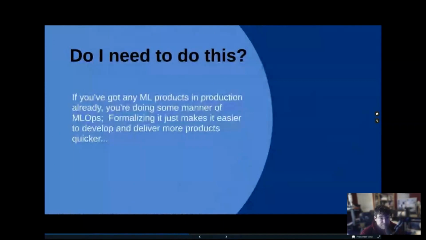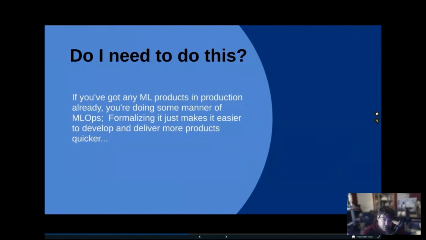Do you need to do this? Kind of answered that a little bit already, which is to say, if you've got any MLOps in production, you're doing something. It's an MLOps function of some sort. You may not formally call it that. If you formalize it with a process, and even if it's a very generous, loose process where there are a lot of options and not a lot of constraint, but just having something written down that says, "Hey, this is how we move models into production," and then having people follow it,